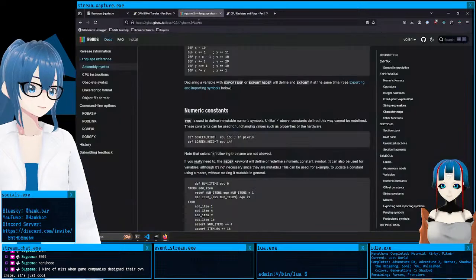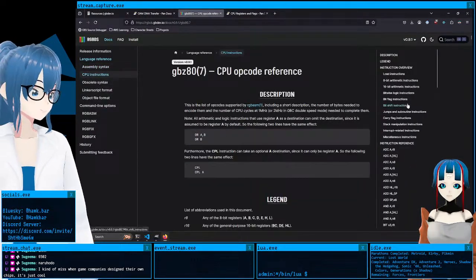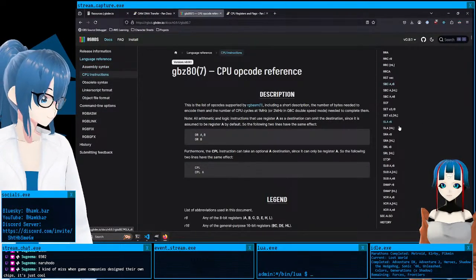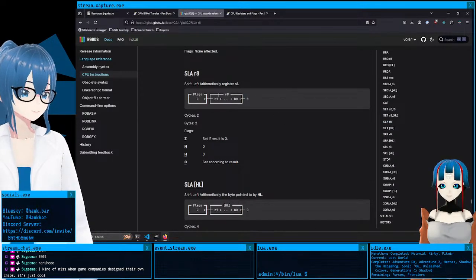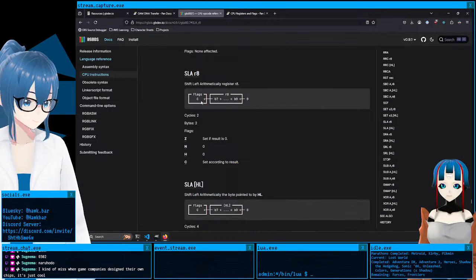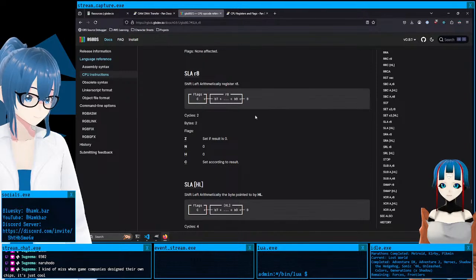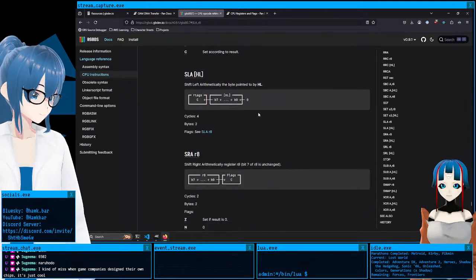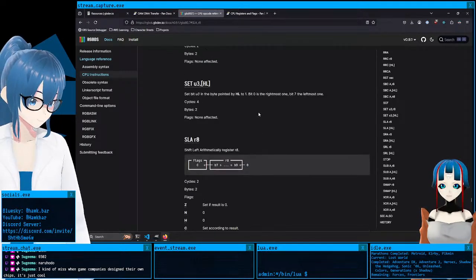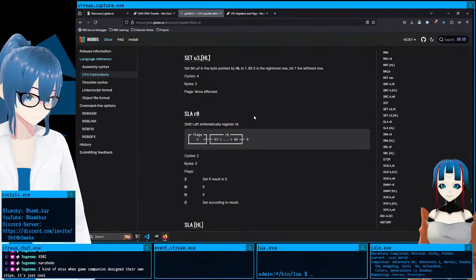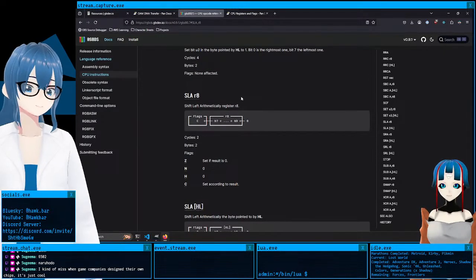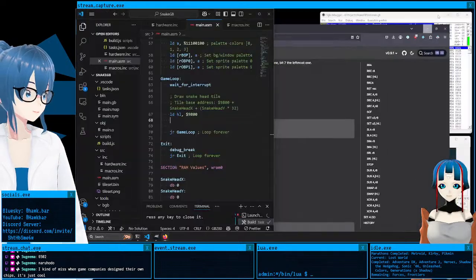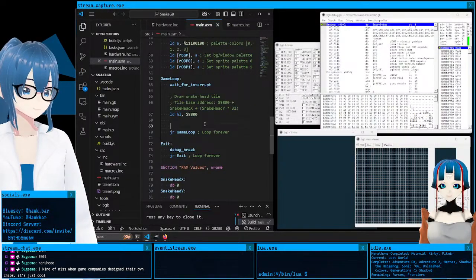And look at the instruction list. So shift left. So I can do 4 left shifts, I think, to get to times 16. So let's say